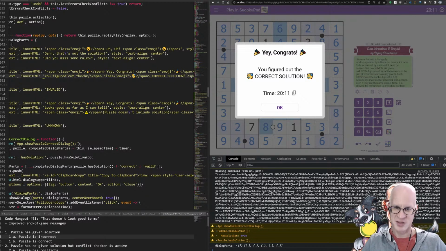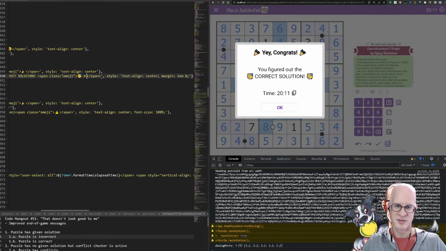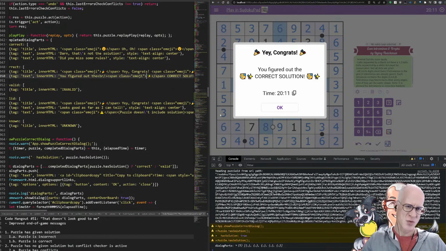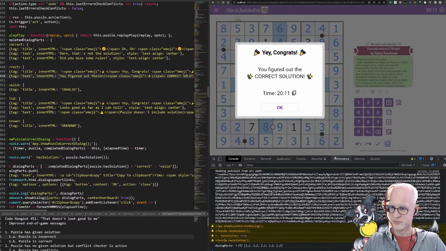You like the sparkles better? You want to have the sparkles in there? Time to put them in there just so I can blame you if people don't like it. Yeah, maybe the emojis are a little bit too chunky. We kind of want to explicitly get the word solution in there. The whole point is to let people understand about the way the system works with solutions. But I like the word solve.